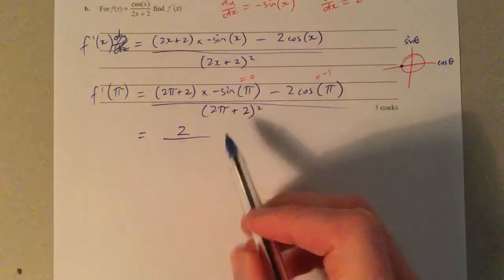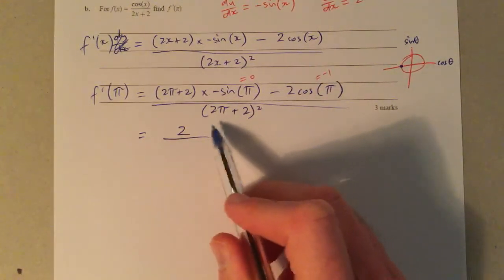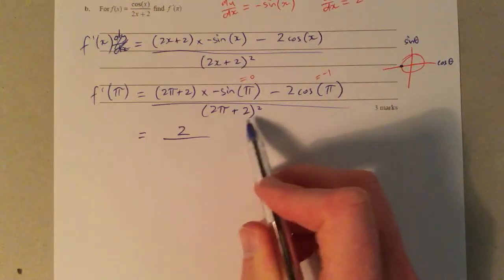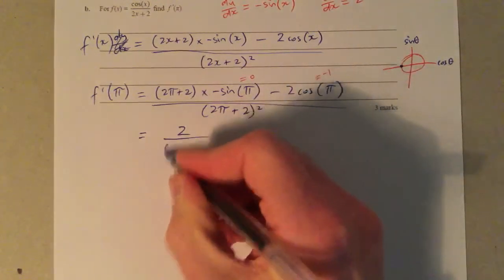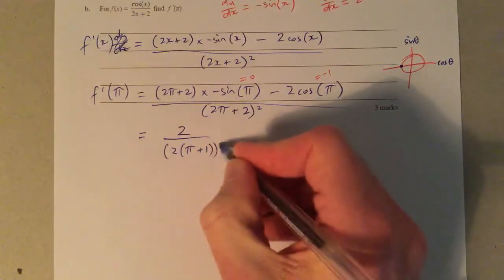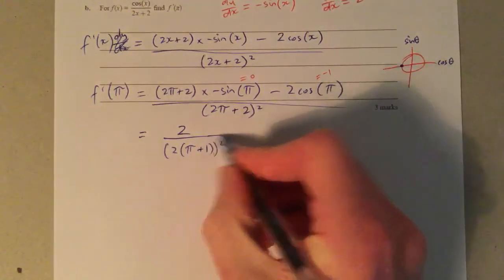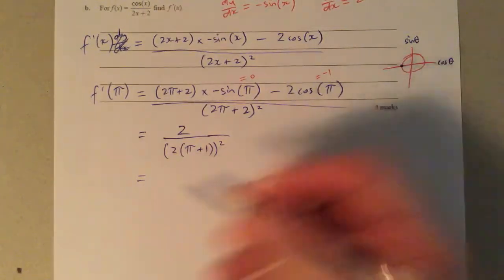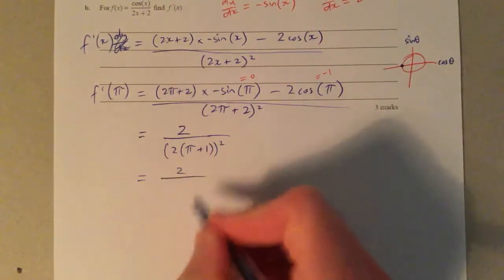Now, again, arguably, you don't have to do anything here to do some simplifying, but, well, 2 pi plus 2 squared on the bottom, we could take out a factor of 2, kind of contradicting what I said before. You probably don't have to do this, but maybe it's worth seeing because in certain questions you'll have to give your answer in a certain form. So that'll give us